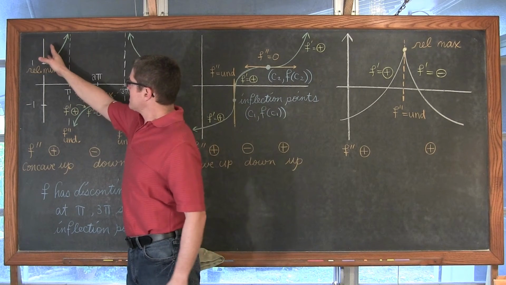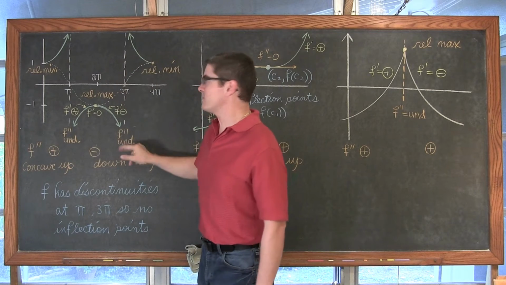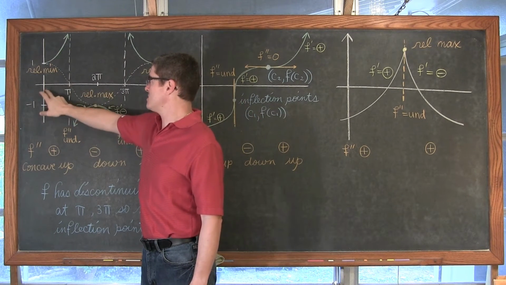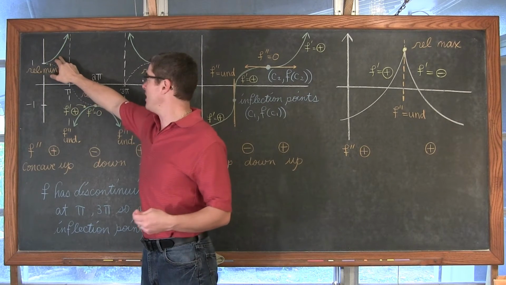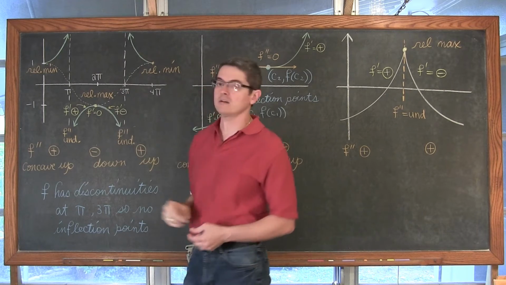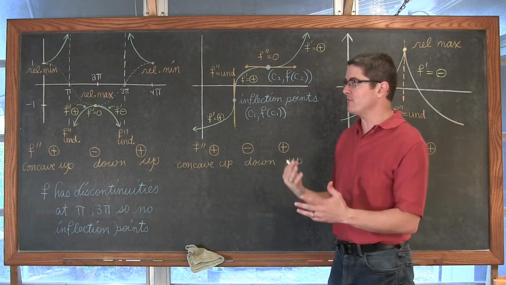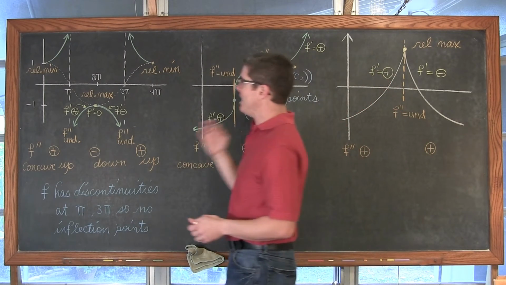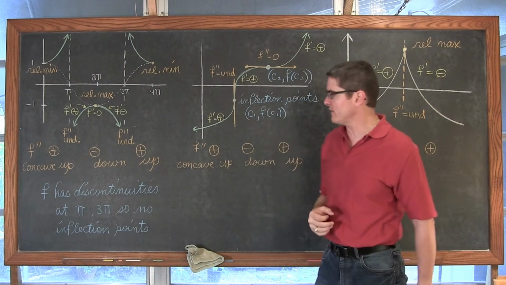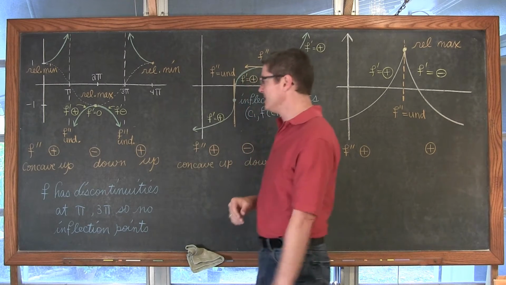And see, what's happening is I've got a place where the second derivative is undefined at pi and at 3 pi. In the interval between 0 and pi, I have a graph that's concave up. Between pi and 3 pi I have a graph which is concave down, and then back to concave up. So I have identified some areas of concavity that are different, but I don't have an inflection point because at pi and at 3 pi the graph is not continuous. So there is no inflection point, and so again you need to find out where that original function is undefined.